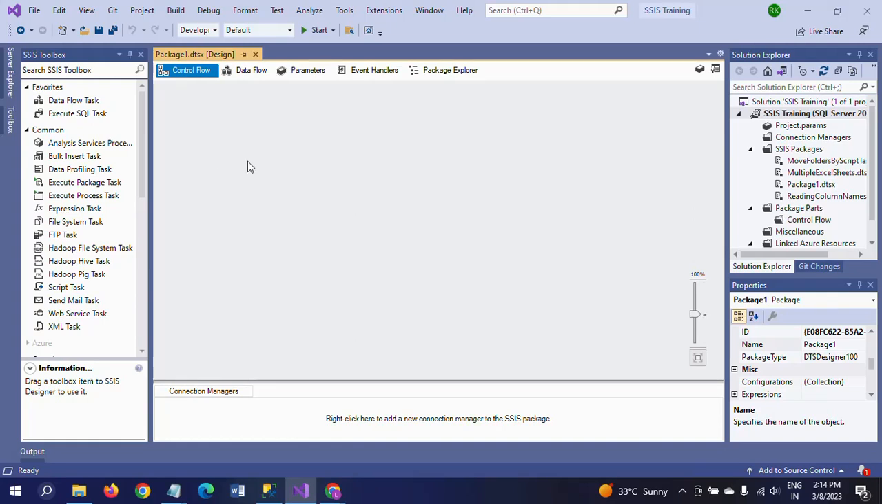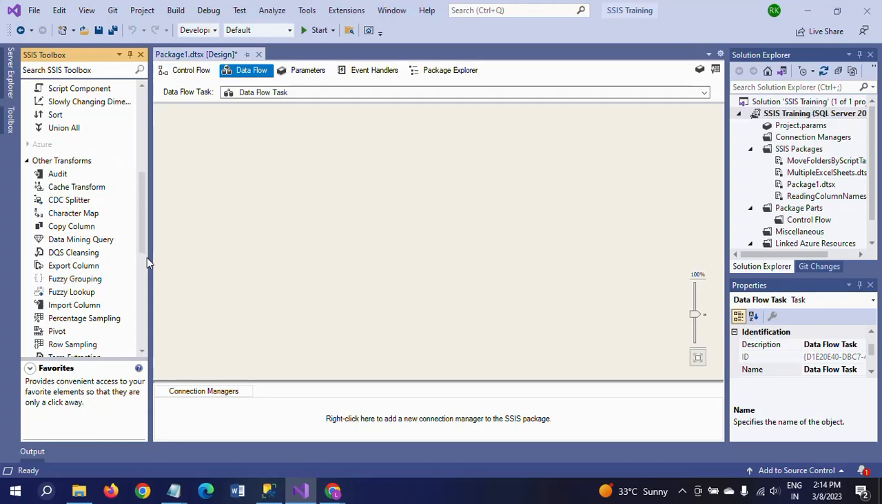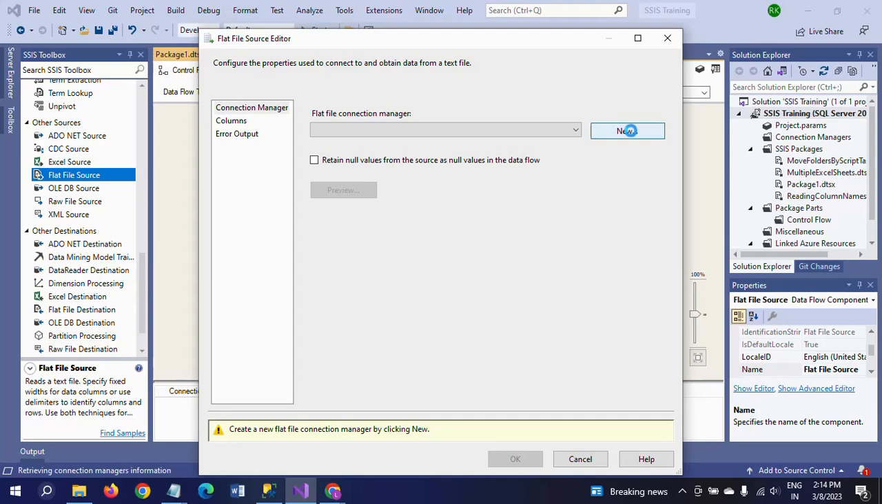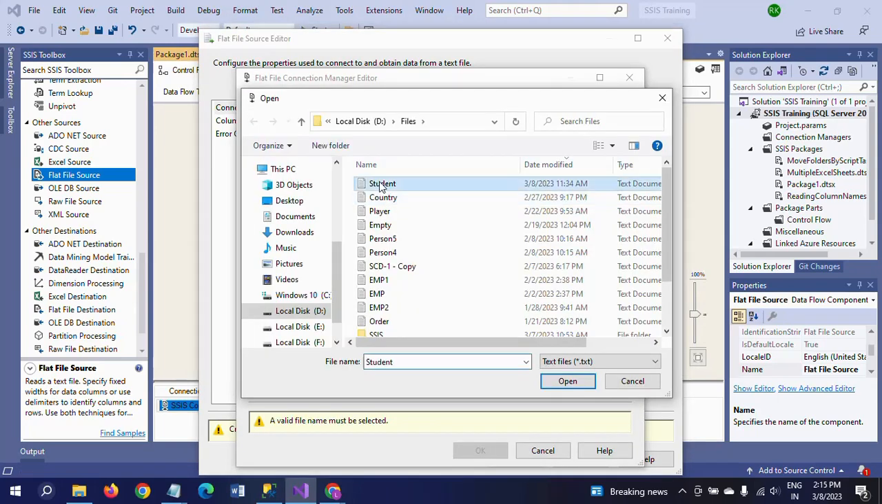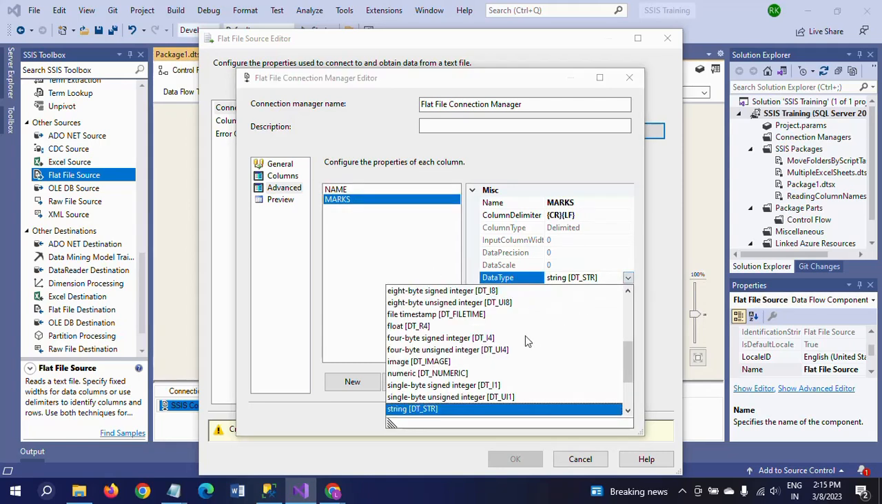I'm creating a new package. First I'm dragging the data flow task and double clicking to configure. Since my source document is a text document, I am using a flat file source. Double click, go to new, browse to the student document, columns, advanced. I am changing the length of the name column to 20, as in the destination, and changing the data type of marks to 4-byte integer,